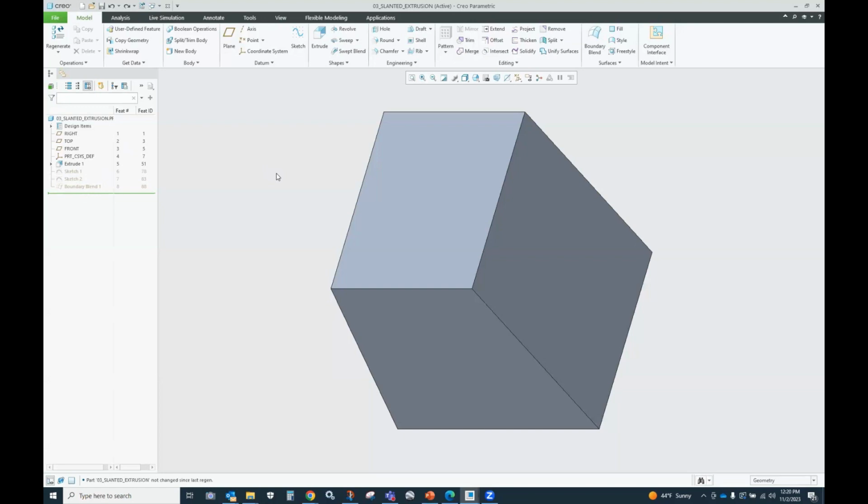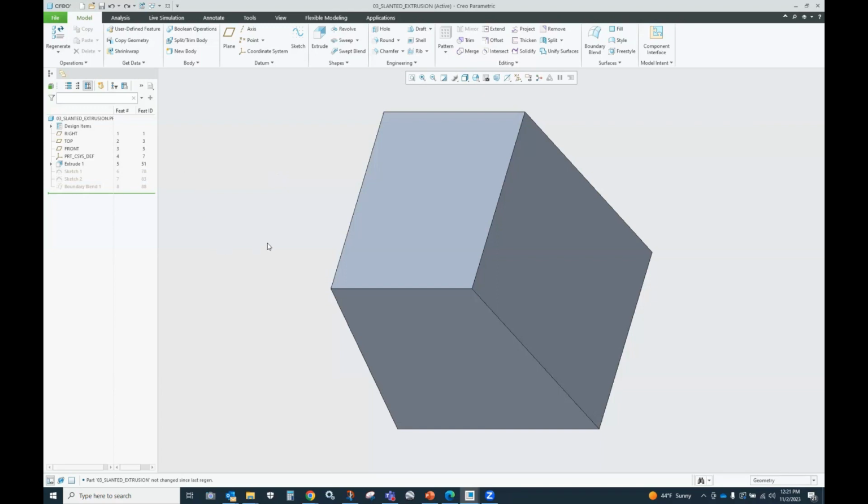I mean, nobody likes to go into an assembly and see a rat's nest of datums, right? I'm sure you've all seen that in a big assembly. You open it up, you turn on your datum planes, and it's like, oh my God, I can't see anything. The reason for that is we've just got too many datum planes that are only being used by one